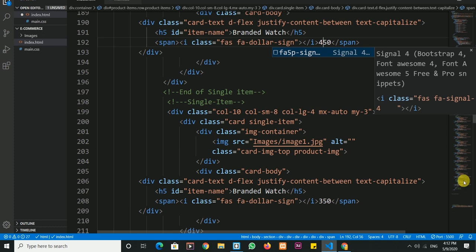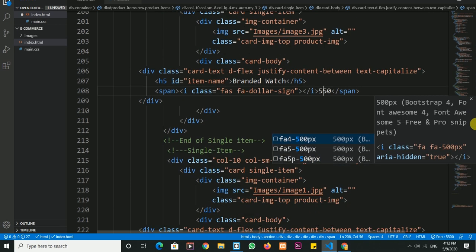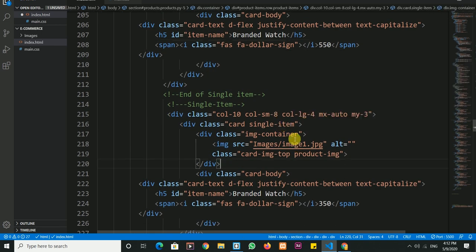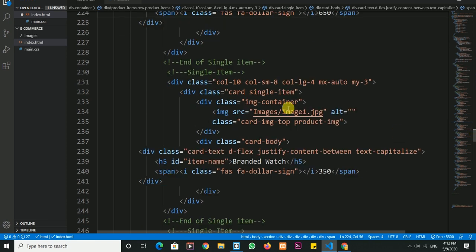So here this could be image 3, the price would be 5, and then let's go with image 4, and the price for this could be 6, and then image 5,